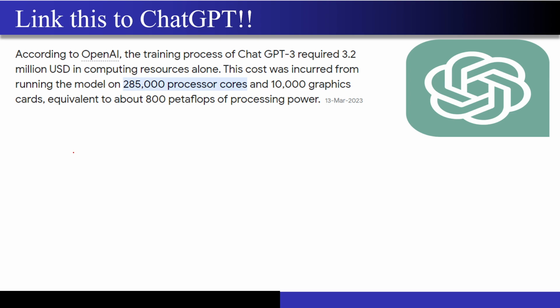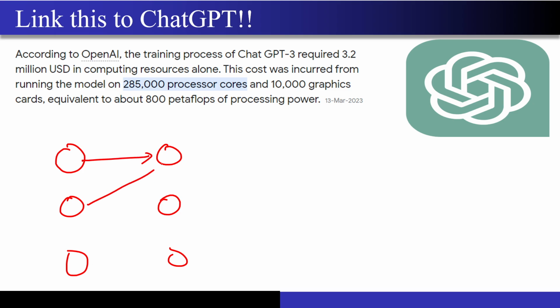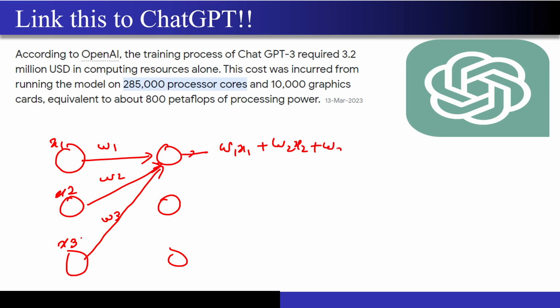By the way, how many of you know a basic structure of a neural network? Do you know there exists a layer of neurons like this? And if I consider this particular neuron, it is getting inputs from all the previous neurons in the previous layer. So if I try to take the output of this neuron, let's say this is W1, W2, W3, and I'm getting X1, X2, X3 as input from the previous layer. So its output will be nothing but W1 X1 plus W2 X2 plus W3 X3, right?